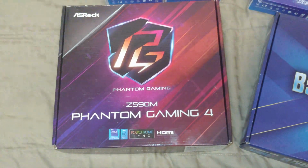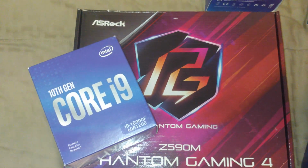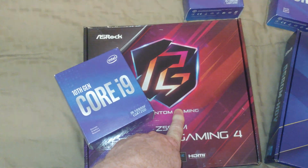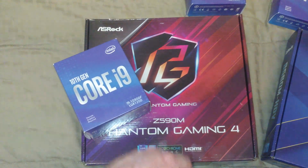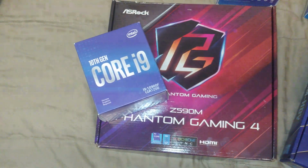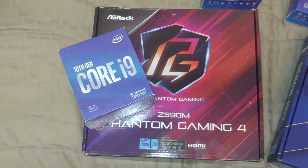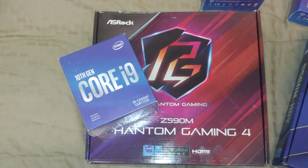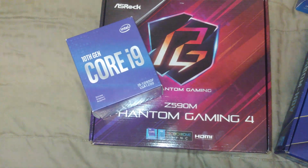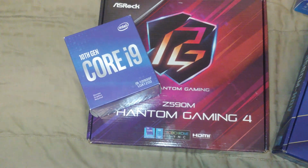Okay, so let's start with this CPU. What do I get here when I combine this? Number one thing, we don't get PCIe 4.0. We get PCIe 3.0. So what does that mean? Your graphics card is not going to run at PCIe 4.0, it's going to be 3.0. If you buy a Gen 4 SSD, it's going to run at Gen 3. So if you buy that EVO 980 Pro, like I have two of them, it's only going to run at